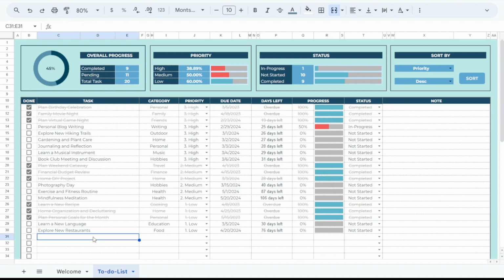Be concise yet clear in your description to remind your future self accurately about the task specifics. The next column is the Category column. It allows you to group your tasks into different categories like personal, work, family, etc. Sorting tasks by category can help you to focus your efforts and manage multiple areas of your life or work